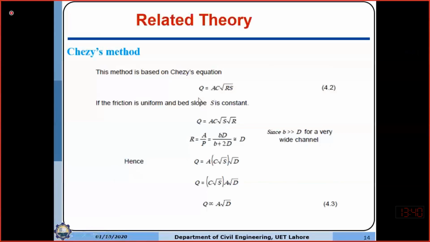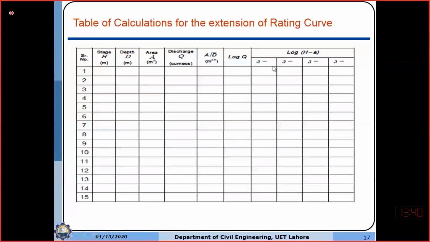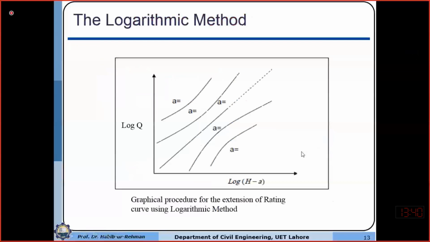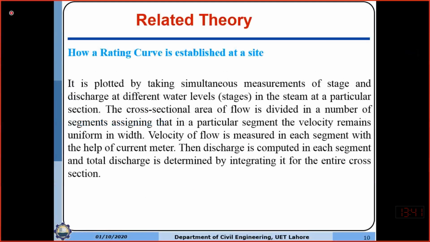अगर दूसरी लाइनों को या जो a की वो वैल्यू जो कि आपकी जो ट्रायल है वो सही नहीं हुआ, उसको आपने अरेंज नहीं करना, उसको एज इट इज रहने देना है, ग्राफ पे भी और टेबल में भी. So you will select that line which gives you the most straight line as the final relationship, and you can further extend it by a dotted line in the same trend. उसी ट्रेंड के साथ जो कि उसकी स्लोप है, एंगल है, उसी पे आपने उसको स्ट्रेट लाइन से एक्सटेंड कर लेना है.